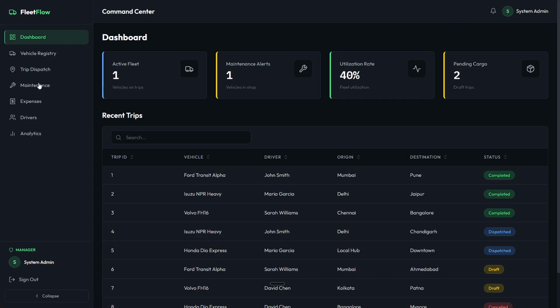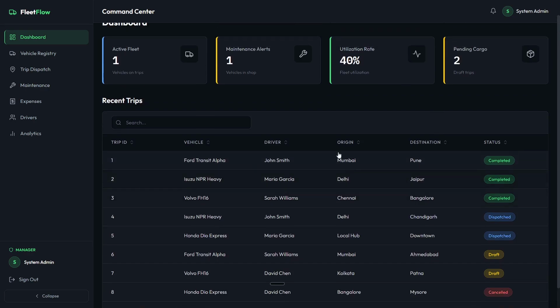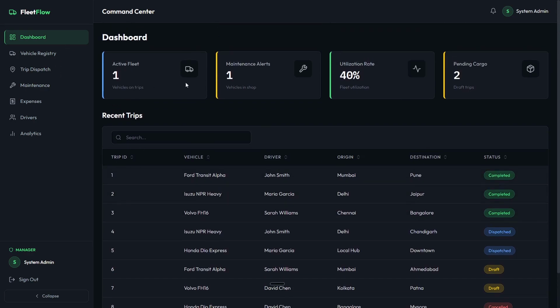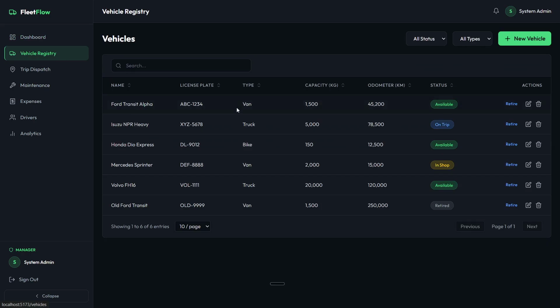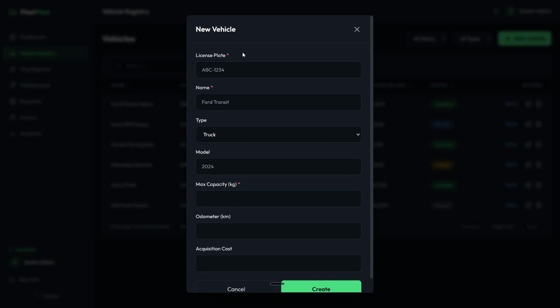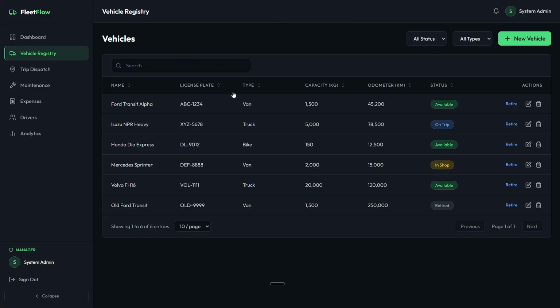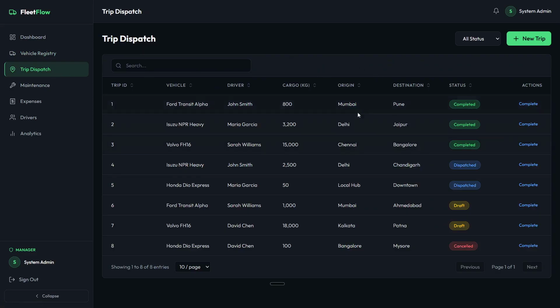So this is the dashboard. Basically you can get the overview of all the information here, like the active fleet, the maintenance, the utilization, and the cargoes which are pending right now. Okay, then there's the vehicle registry. If you want to add a new vehicle here, you can just fill out all these details and create a new one. And then there is trip